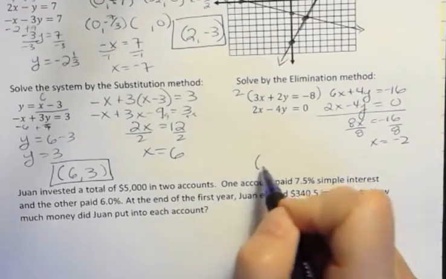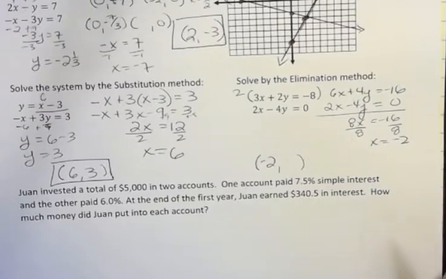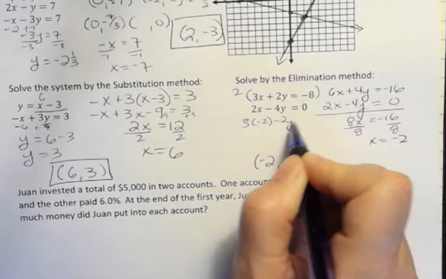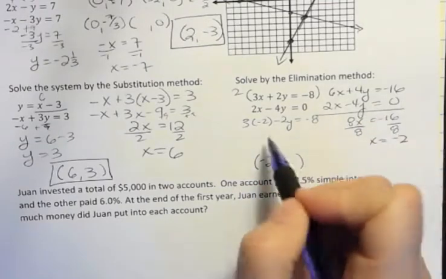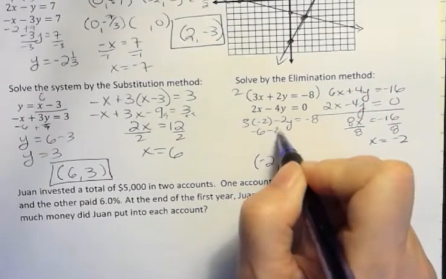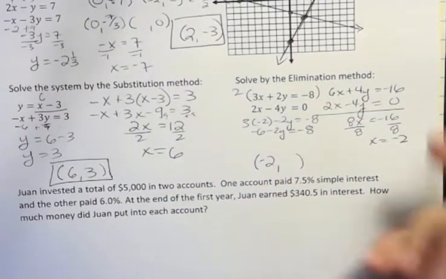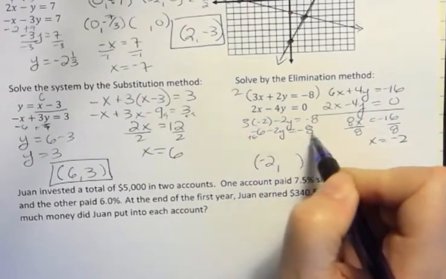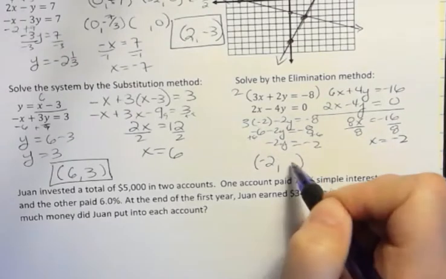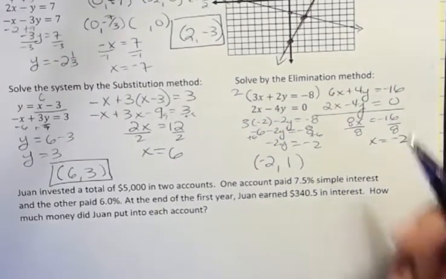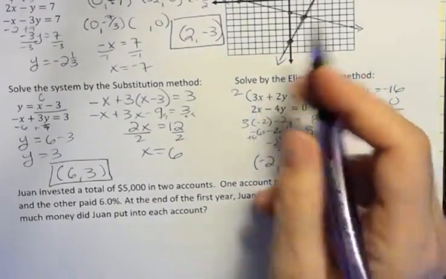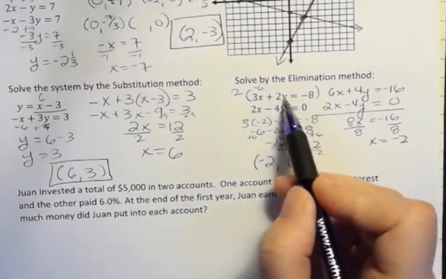Now remember, I still have to go back and find the other value. I can plug into any one of these equations. 3 times negative 2 minus 2y should be negative 8. 3 times negative 2 is negative 6. So I get negative 6 minus 2y is negative 8. Add 6 to both sides, and you get negative 2y is negative 2, or y equals 1 when you divide both sides by negative 2. I can check that though. 3 times negative 2 is negative 6. 1 times,